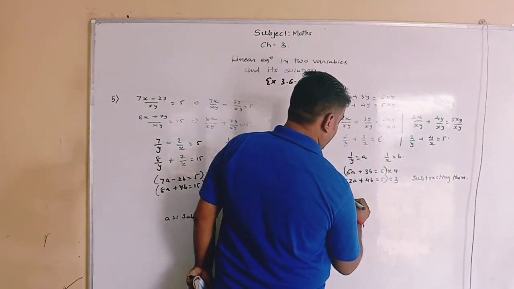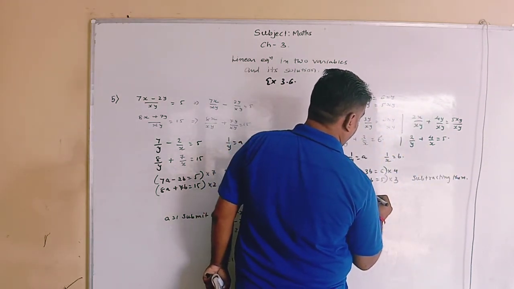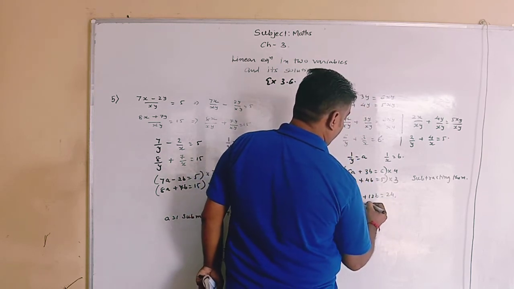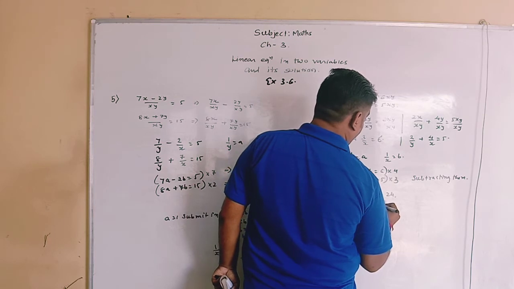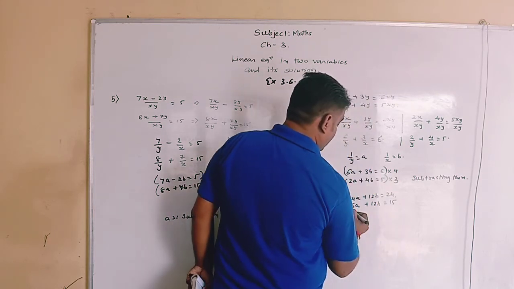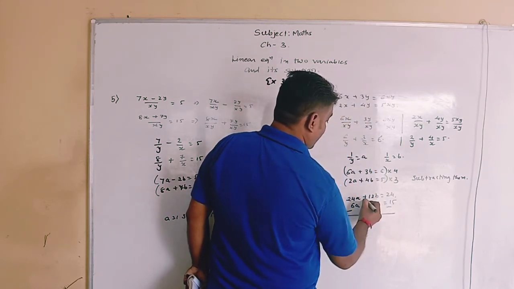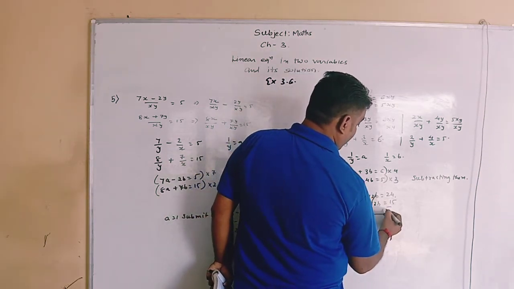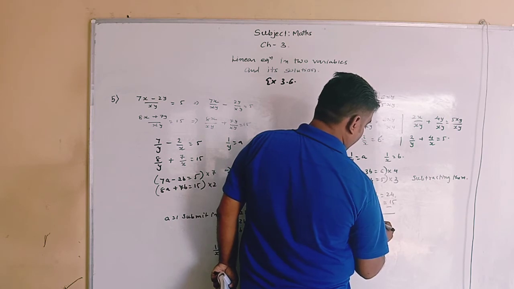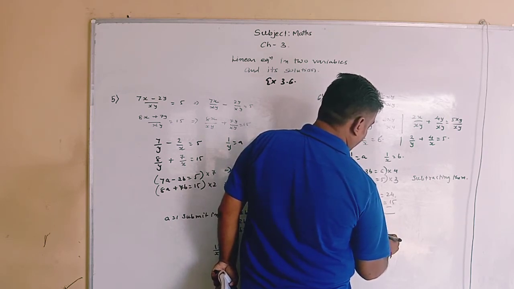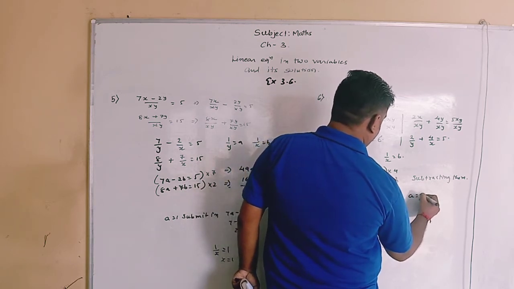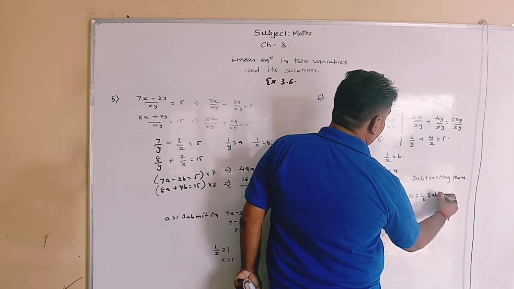So it is 24a plus 12b equals 24, and here 6a plus 12b equals 15. So we subtract them: 24 minus 6, that is 18a, and here 24 minus 15, that is 9. And so a equals 9 by 18, that is a equals 1 by 2. So a equals 1 by 2, substituting